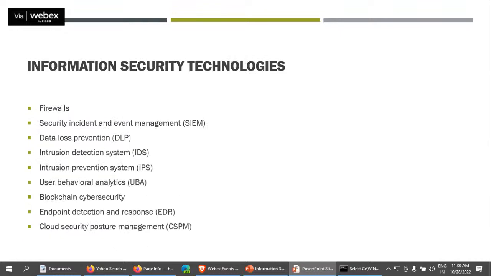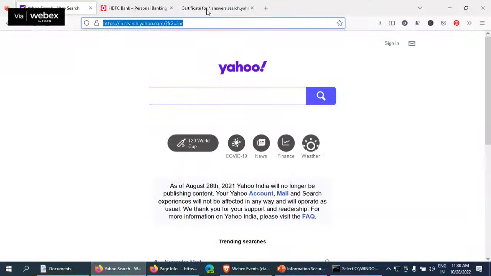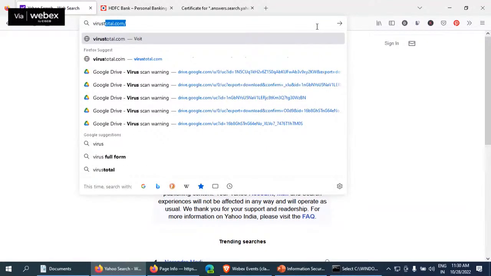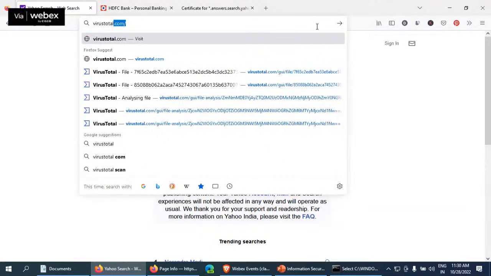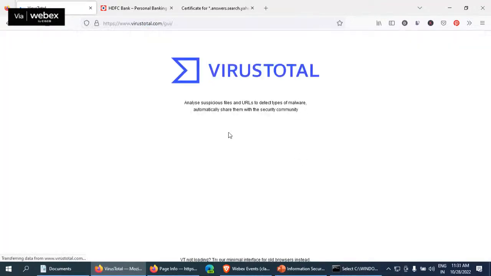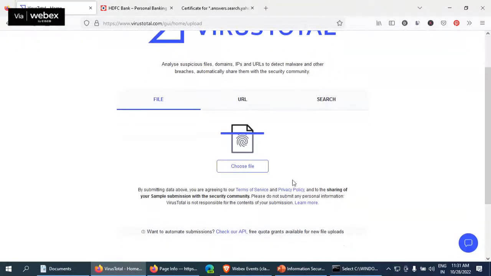For attachments, I'll give you another tip. There is a website called VirusTotal. Whenever you get an attachment, just download it and, before opening it, scan it here. Scan it here whether or not you have an antivirus.